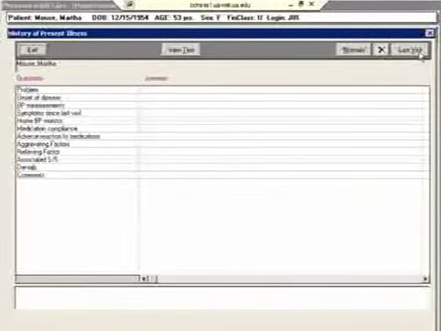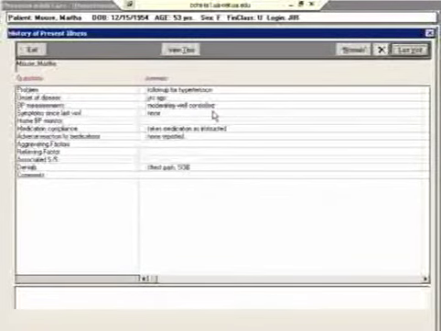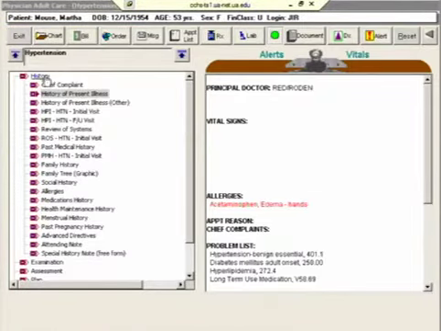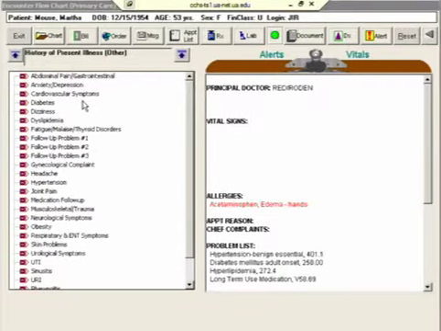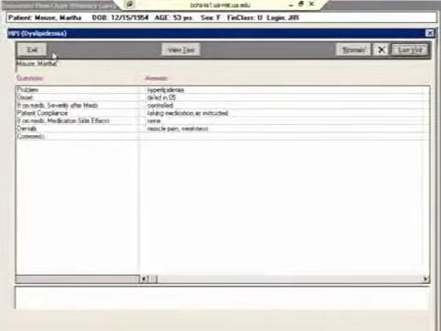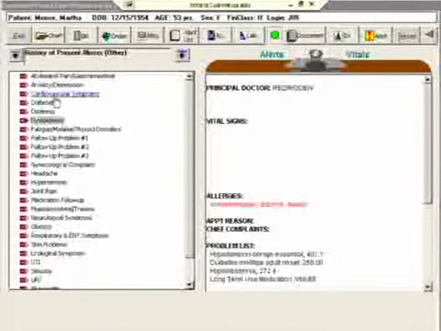Say she was here 3 months ago, and so all I have to do is click last visit. All this stuff is the same in this visit, so I don't have to type in anything with regards to her hypertension. Now, for her diabetes and her hyperlipidemia, those trees, now that I'm inside the hypertension tree, are going to be found under other, and so we can go to dyslipidemia. Again, last visit, let's say all this stuff is still the same, and diabetes,